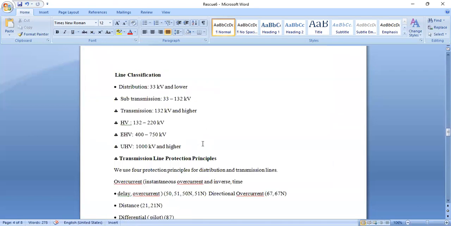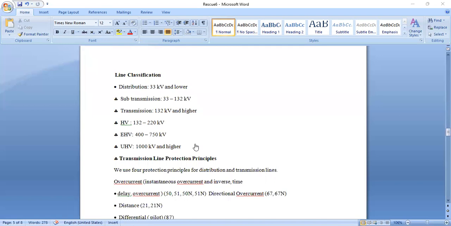Right now we can cover two points. First is the time graded protection, and second one is the current graded protection. Basically you know about the time graded protection. So what is the definition for the time graded protection? The time graded protection